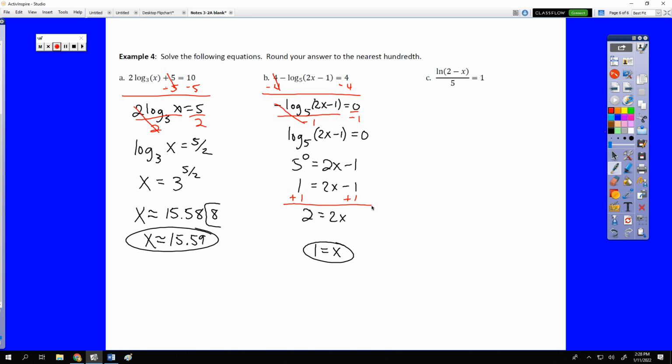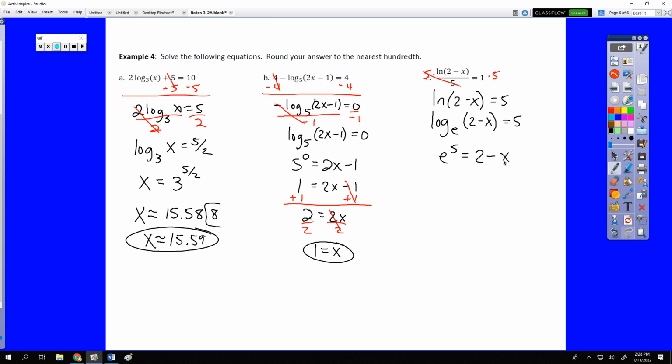Okay, last one. We would start by multiplying each side of the equation by 5, which would give us the natural log of 2 minus x equals 5. Remember that that really says log base e of 2 minus x equals 5. So we're going to rearrange that into the exponential format, which would be e to the 5th power equals 2